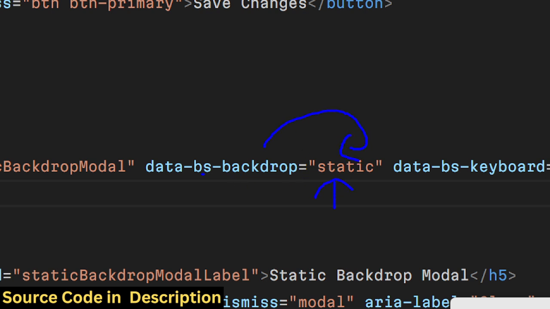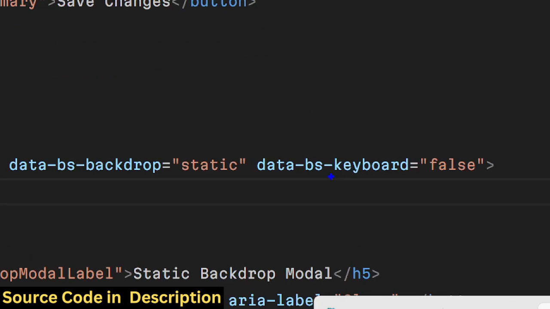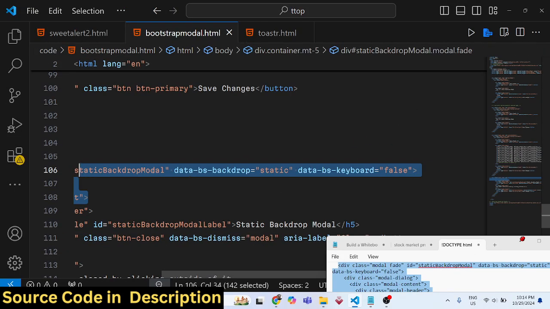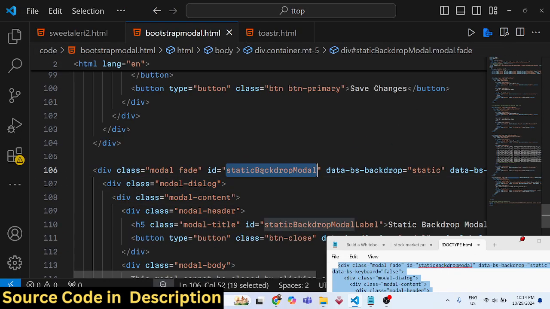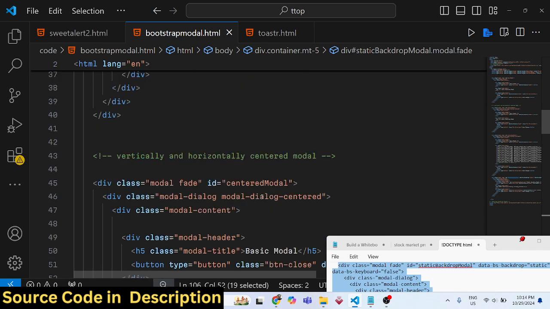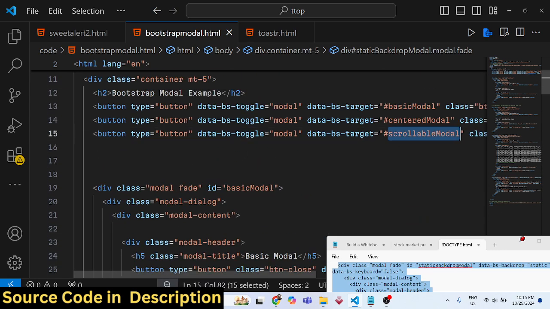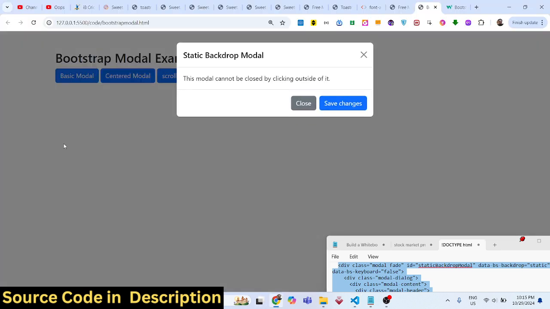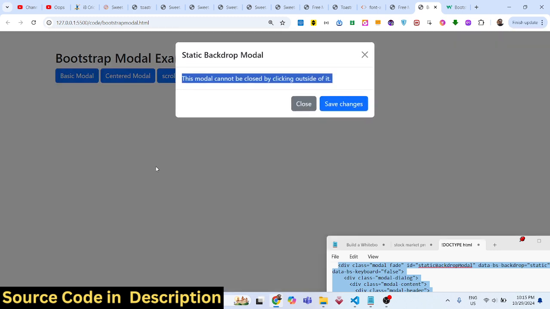This means that the user can't click outside the modal window to close it. And the second attribute is data-bs-keyboard false. So this means that the user can't also press any key on the keyboard to actually close the modal. These two attributes that we have added. So now if you click outside the modal window, the modal will not close. You need to specifically click the buttons to close it. This is the fourth type. So these are the basic four types of modals which are